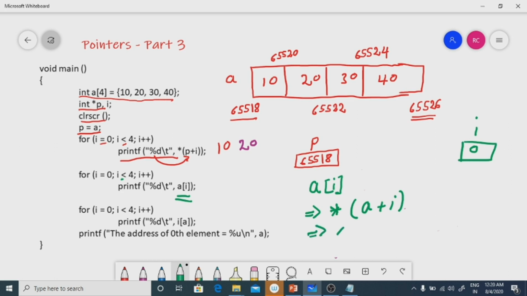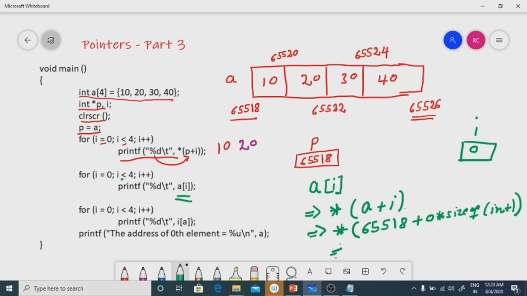So now star of A, that is the array name, so it's the starting address. What is the starting address? 65518 plus 0, I value is 0, into size of int. Now you know how to calculate this.